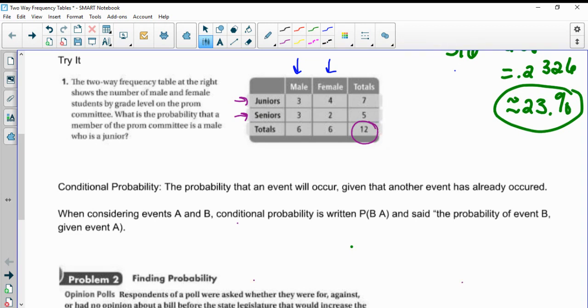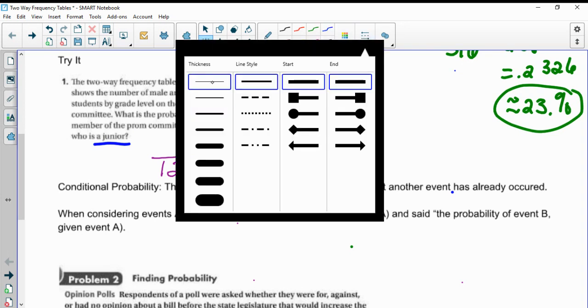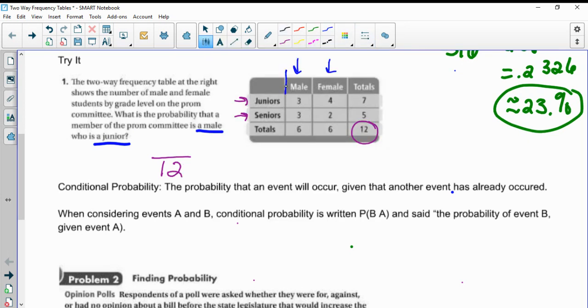So this is going to be out of 12 because there are 12 total people on the prom committee. So what we need to do is we're interested in males and juniors. So we're going to look at the column for males and the row for juniors. And the number that is in both of those, that 3 right there, that's how many junior males are on